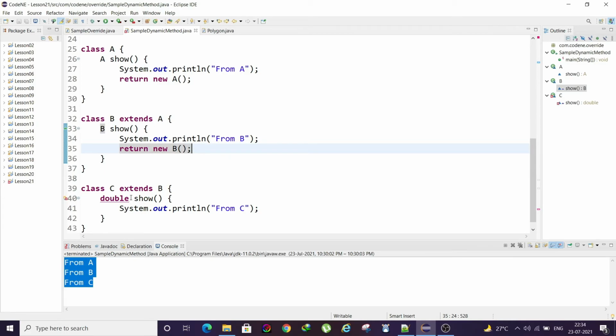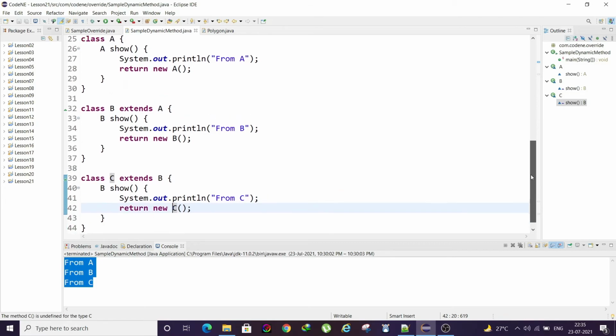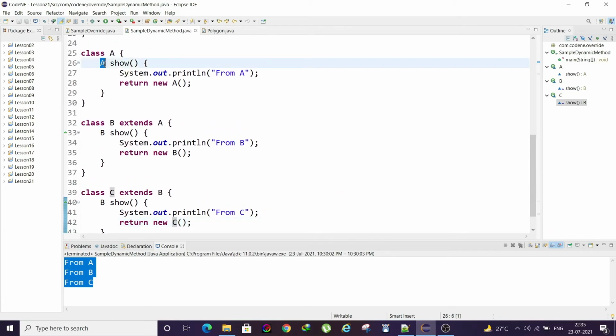Just to show you more clarity, I will write B only, not C, so that it does not confuse you. I keep forgetting new; it should be new. So it's returning the new object. See, when the parent returns one class, we can return the subclass as well.